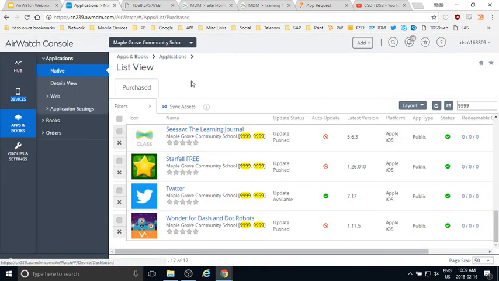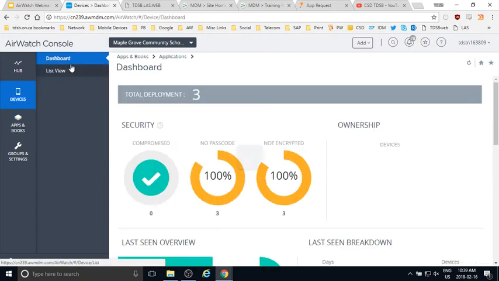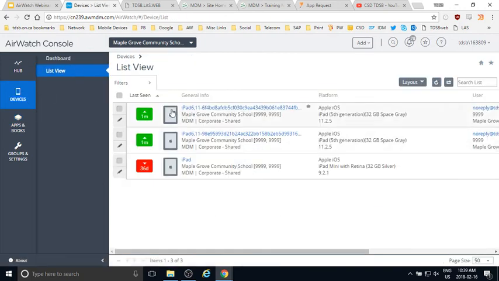What other thing do I want to cover here? So the managing of your iPads, so the actual naming. Now that you guys have a general idea of how this works and how we have all our iPads showing in AirWatch, what I would recommend before you get started is do a little bit of housecleaning as far as the iPads go. One thing you'll want to do first and foremost is make sure that you actually have a sort of physical labeling system for your iPads.